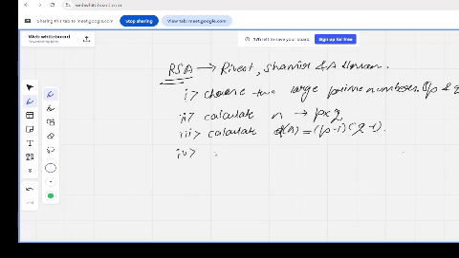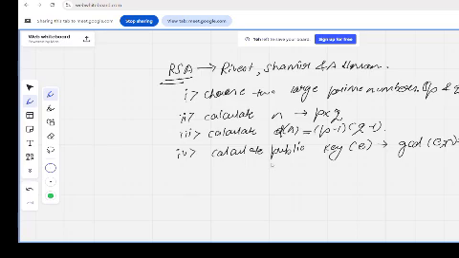Now in the fourth step, can anyone tell me what we will calculate? Public key. Okay, so in the fourth step, we will calculate the public key, and it is denoted by small e. How will we calculate e? We will use this formula: GCD of e comma phi n should be 1. I will explain this in the numerical. Don't worry.